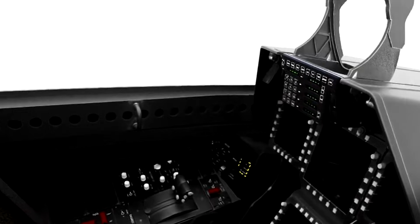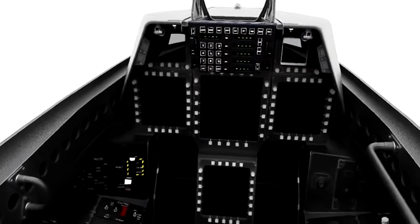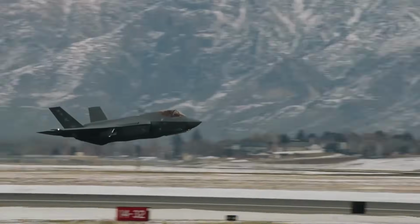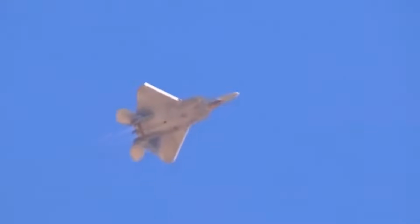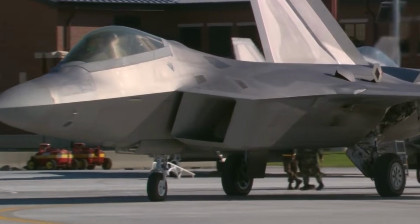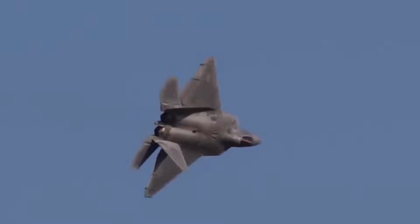This open system software architecture marks a significant departure from the Raptor's original highly specialized systems. GRACE allows the F-22 to integrate and utilize software initially developed for other platforms, including the F-35. Why is this important? Because the ability to adopt proven software across multiple platforms means faster upgrades, improved compatibility, and reduced costs. This adaptability ensures the Raptor remains a critical asset in an evolving battlespace, capable of integrating emerging technologies